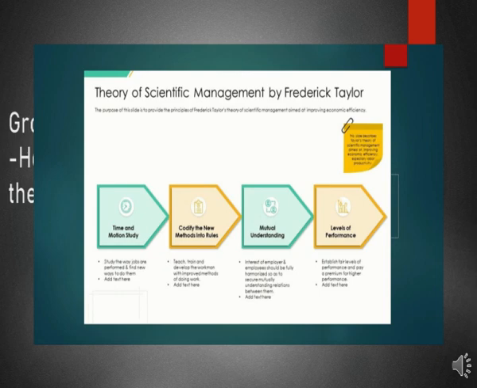One, replace working by rule of thumb or simple habit and common sense and instead use the scientific method to study work and determine the most efficient way to perform specific tasks. Two, rather than simply assigning workers to just any job, match workers to their job. Three, monitor worker performance. Provide instructions and supervision to ensure that they're using the most efficient way of working. Four, allocate the work between managers and workers so that managers spend their time planning and training, allowing the workers to perform their tasks efficiently.